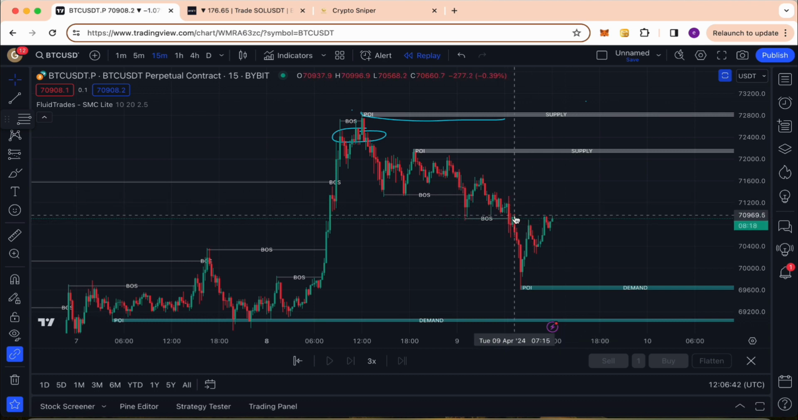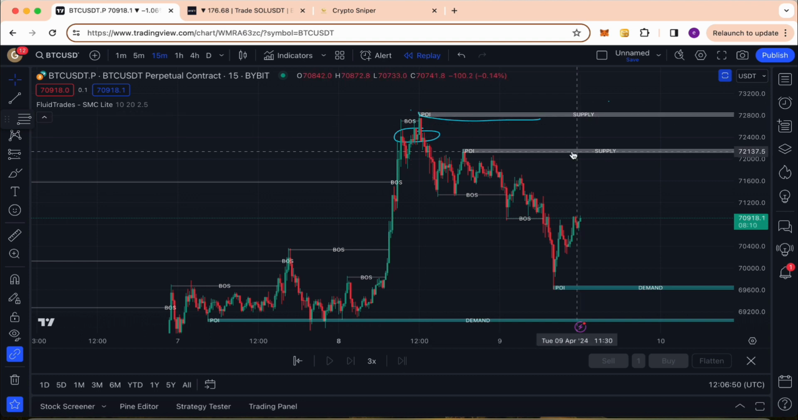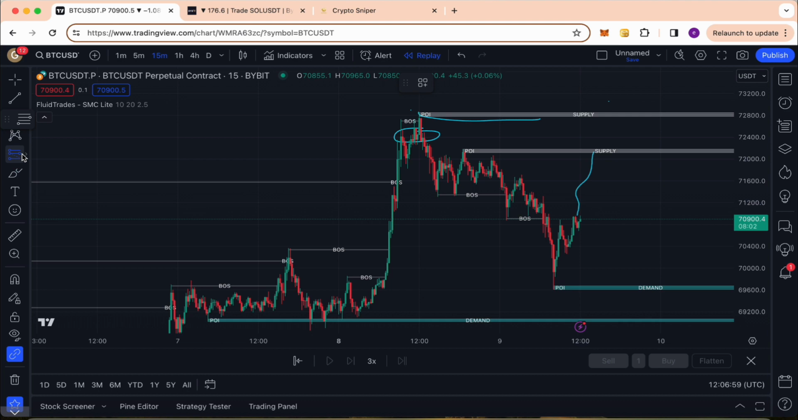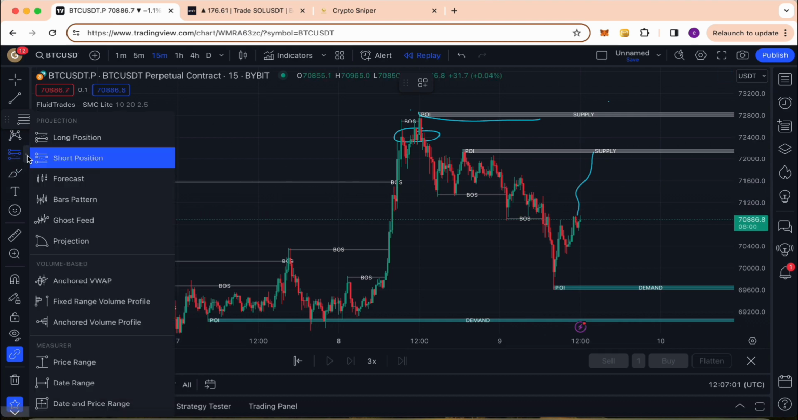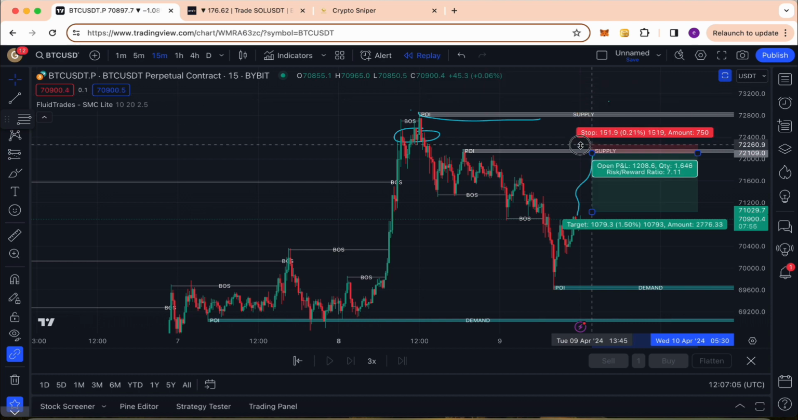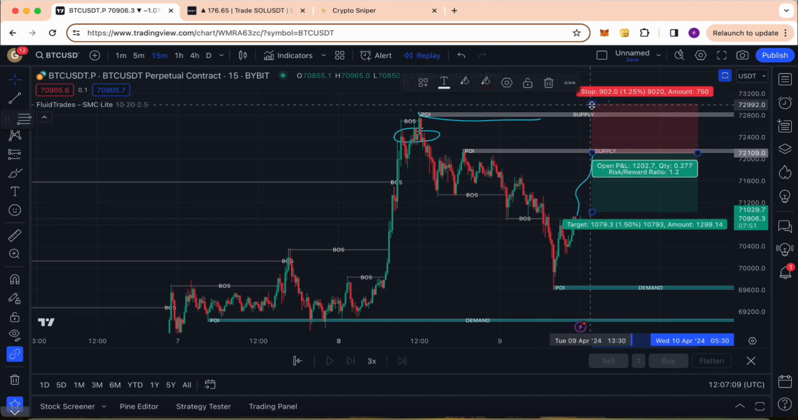Actually, we're talking about Bitcoin in this case, and we saw a big rejection around this area and around this area. So what can you do? Wait for the price to reach this area again and enter a short position with a stop loss here, very conservative, or here if you want to risk a little bit more,